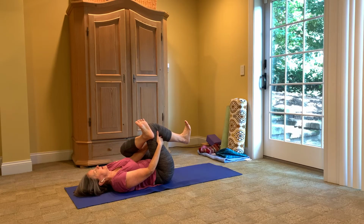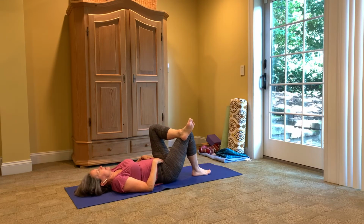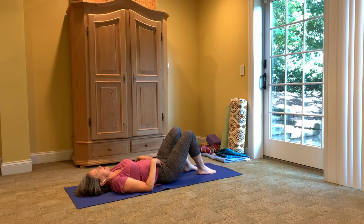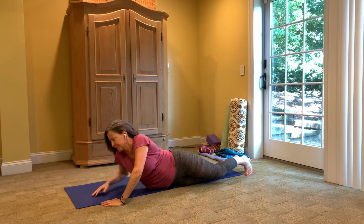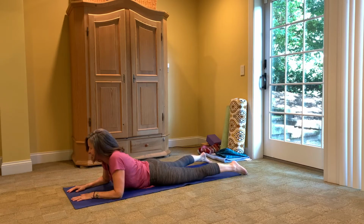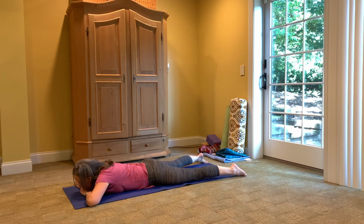This is the equivalent of doing a pigeon as well, which I will do as well a little bit later in the flow. Taking our feet down, extending our legs. Let's move over onto our belly. Taking our legs hip distance or mat distance apart, making a pillow for your arms, and let's lift up that